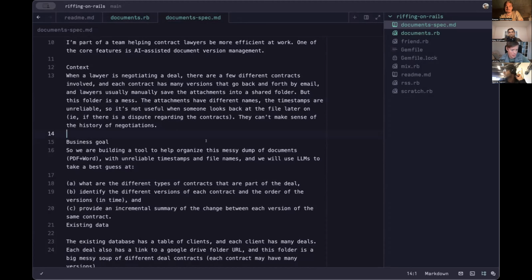And there's also no common naming scheme for a document, or, like you said, it could be "-final one," or "final," or all that stuff. And it's kind of up to people themselves, and they're doing it over email too, which is kind of, there's a lot of freedom in email, which is cool, but also kind of tough when you want something structured. These have different names. The timestamps are another unreliable